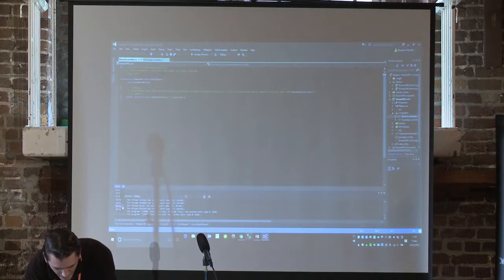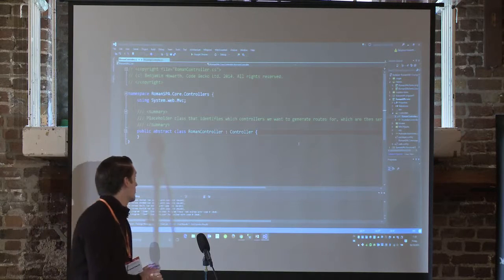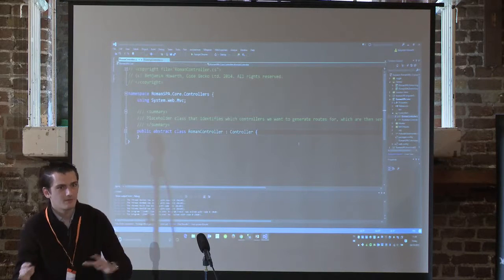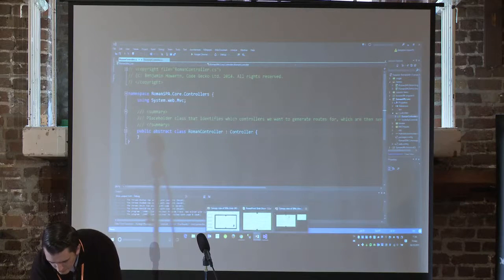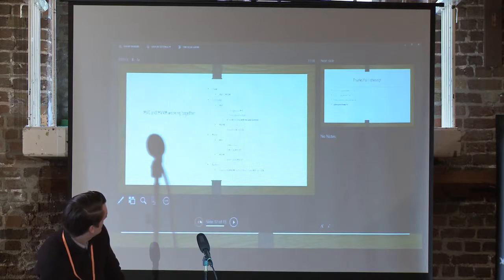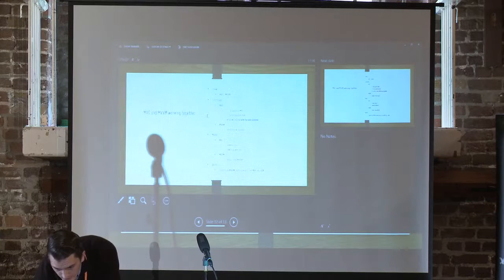Now, I can't guarantee that all of this will work, because the zoom changes every single time you open a new window. But okay, we're going to start off with an abstract class, Roman controller. Now, that is simply a placeholder for what we're going to do later. Because if we go back to these slides briefly,